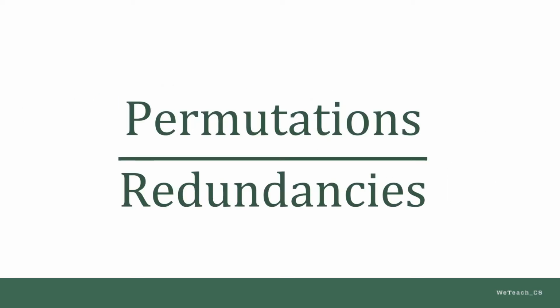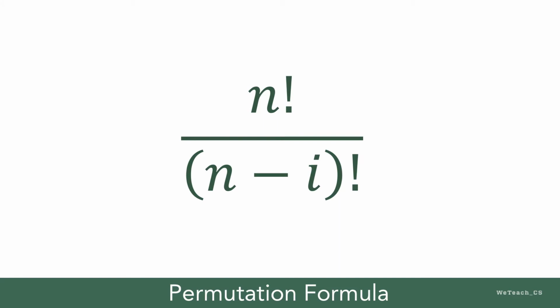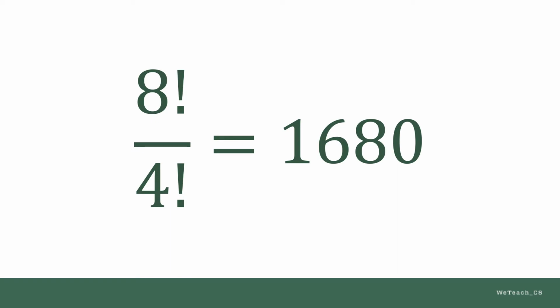If we want to figure out how many combinations we have, we just create all the possible permutations and then divide that by redundancy. Remember that to calculate the permutation means dividing all of the possibilities of arranging our set by the number of items in our set minus the number of items we want to order. In this situation, we have 8 swimmers and 4 awards. So we have 8 factorial divided by 4 factorial, and we get